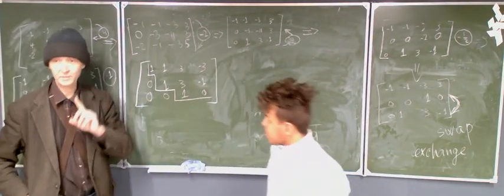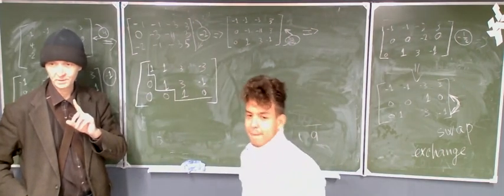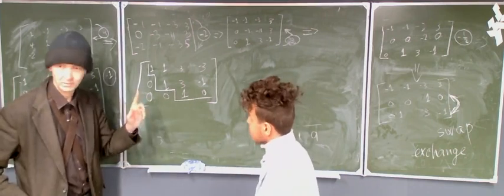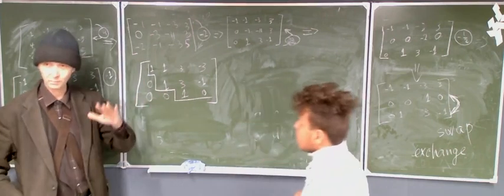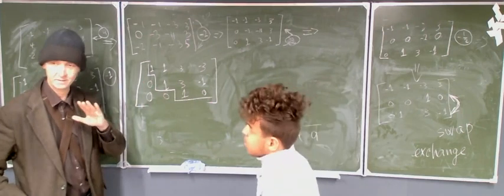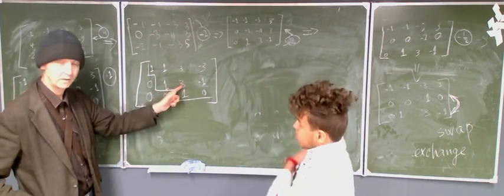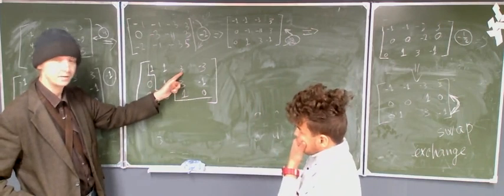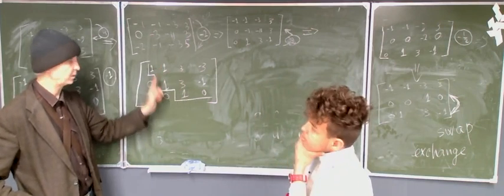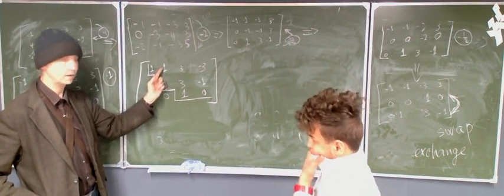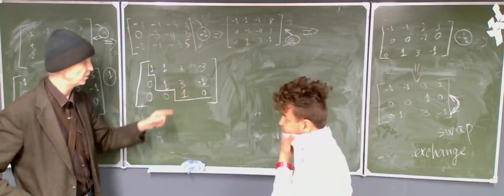But we need reduced echelon form. So we should continue. 1, 1, 1, that's good. That's a sign that it is close to echelon form. But here we should have 0, and here we should have 0, and here we should have 0. Because above the ones which are at the beginning of rows, we should have zeros. Therefore, let's write